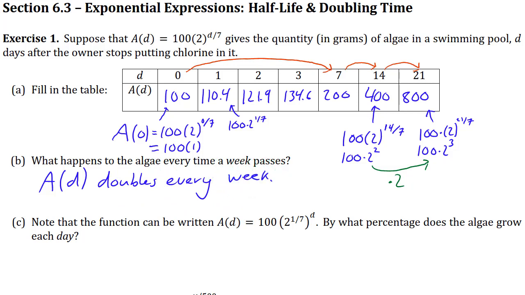Now, this function could be written in this form, because if you have a power to a power, you could multiply the 1/7 times the d. And 1/7 times d is the same as d over 7. So